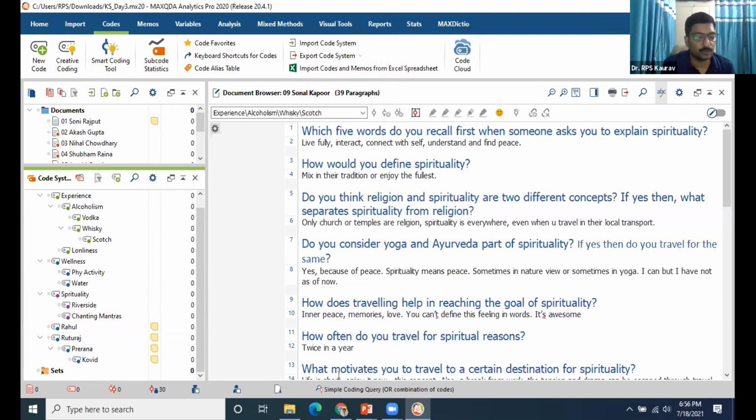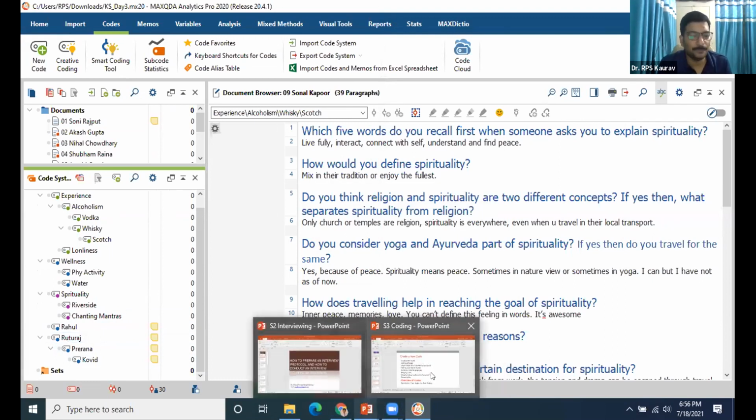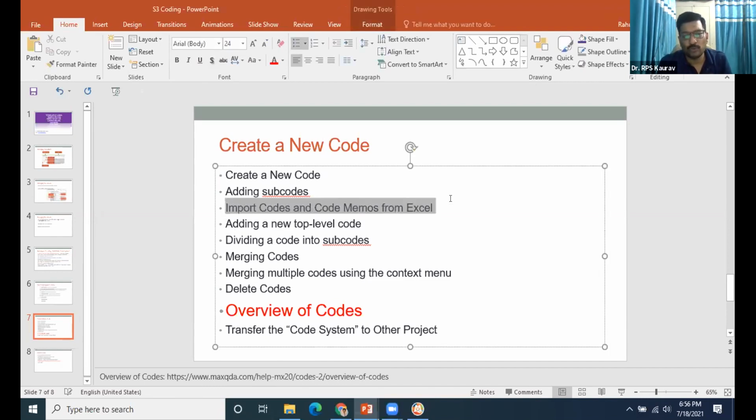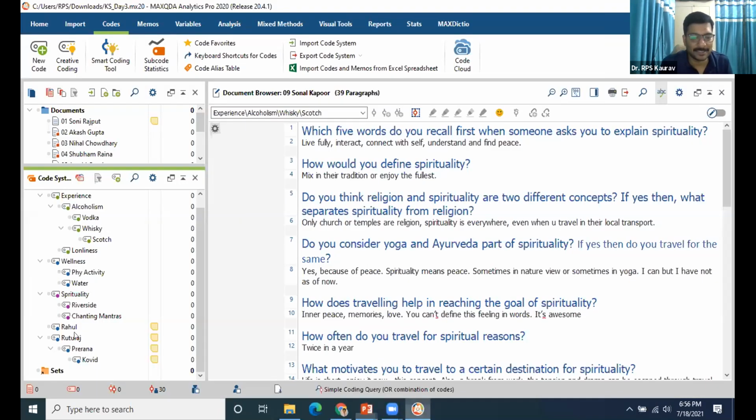So you can also import your code file. If you have already made a code sheet in Excel, you can import that Excel sheet and that can save you from doing this task again, right? So you can import codes and code memos from Excel, then add a new top level code, and divide the codes into subcodes. There are many challenges with us now, right? Say for example, you are thinking to add a new code, just click it here